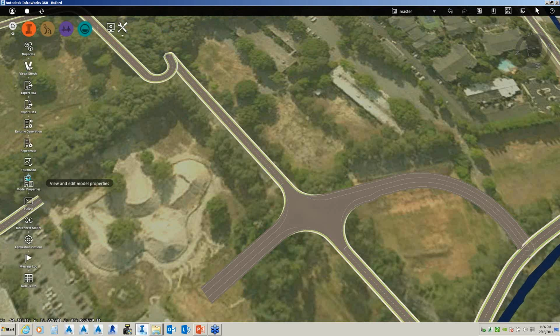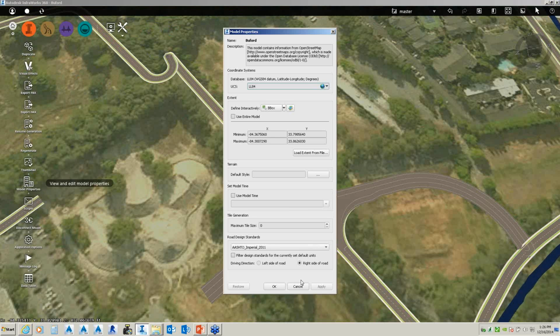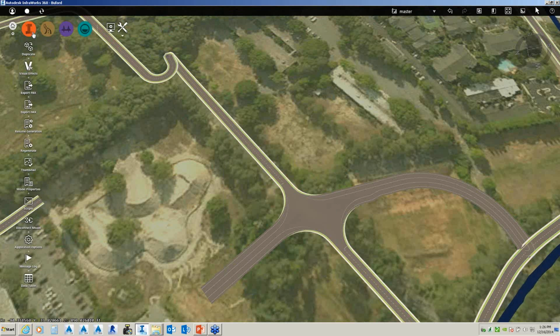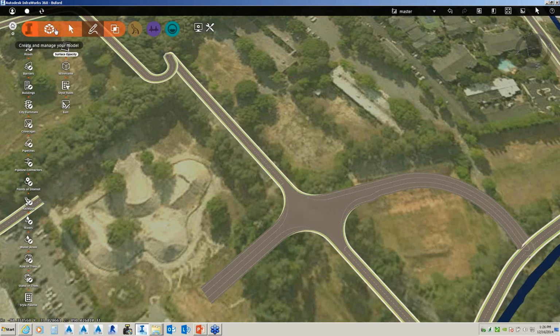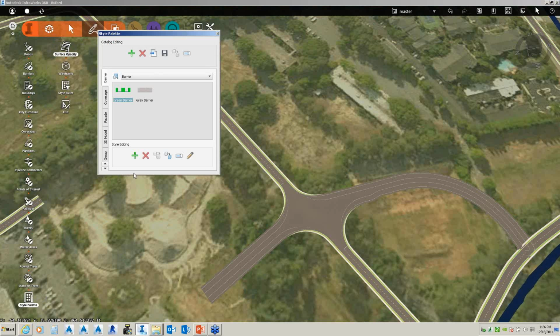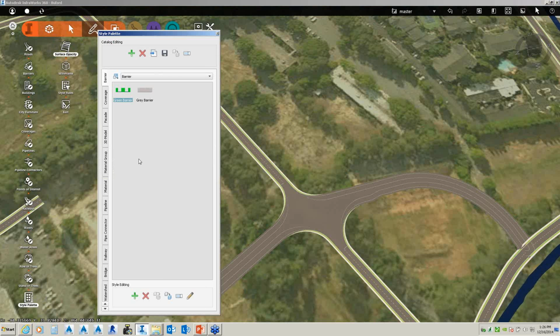And we have a last question. Can you add vehicles to the list? Yes. So one of the things that you can do with InfraWorks 360 in the vehicle palette, you will be able to do that. That's coming. But specifically, if I go to my style palette, model, there's vehicles.